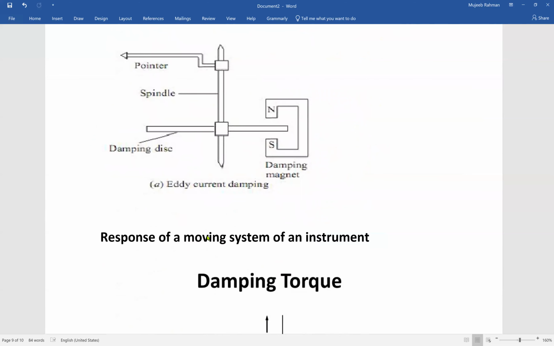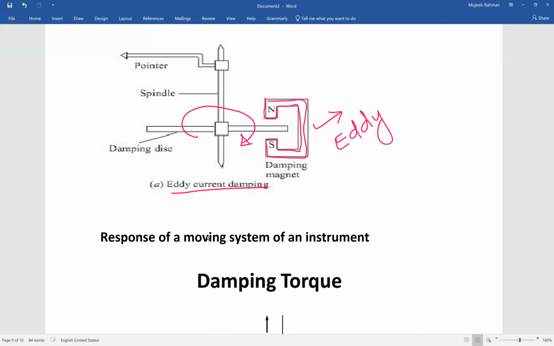Now, the third type of damping is called eddy current damping. It is one of the most effective methods of damping. In this method, there is a disc, as we have seen in energy meters, and this disc is rotating. In this mechanism, we are using a braking magnet. This magnet is called a brake magnet. A magnet is attached, and whenever the disc is vibrating, what is going to happen? That vibration will create an EMF. That EMF is called eddy EMF.